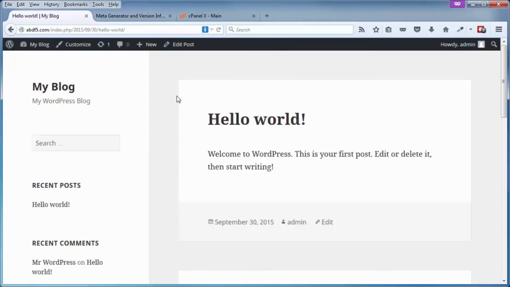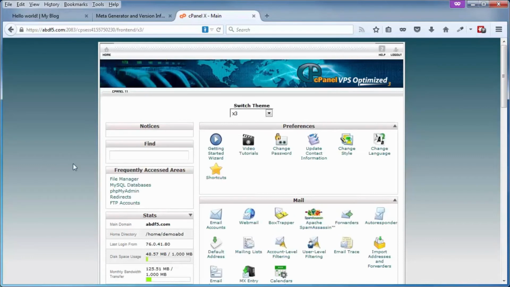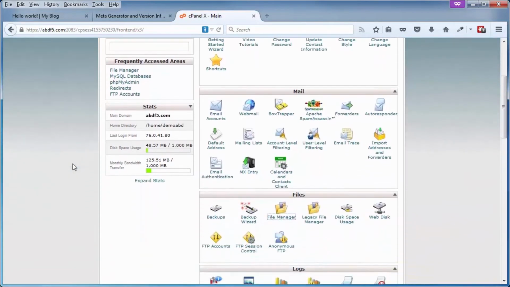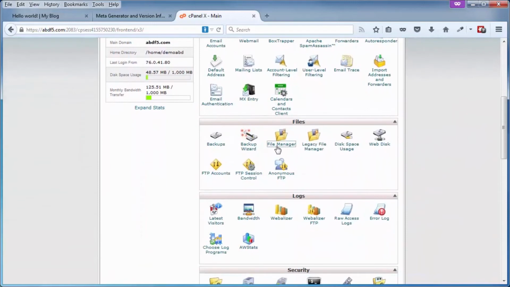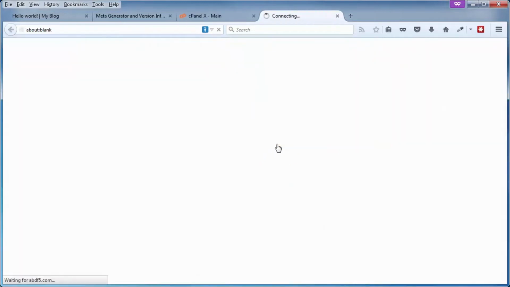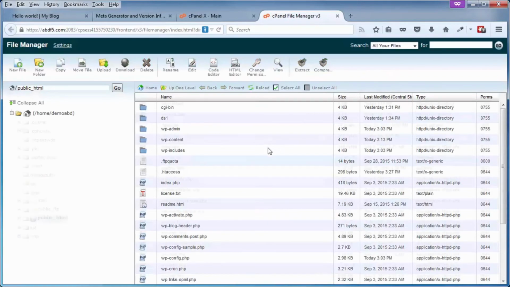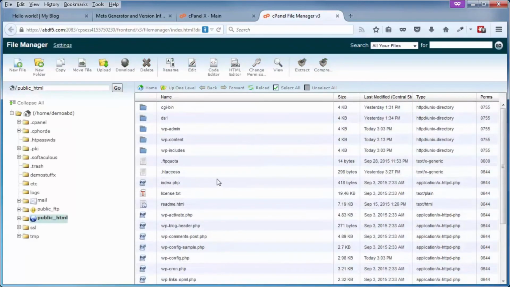Anyway, one last thing I want to cover in this video is removal of the trash, or what I call trash files, that really play no part in your site whatsoever. So let's go ahead and get rid of them just in case they may pose a threat down the line. So I'm doing this in the cPanel control panel under the file manager. You can do the same thing through an FTP client,